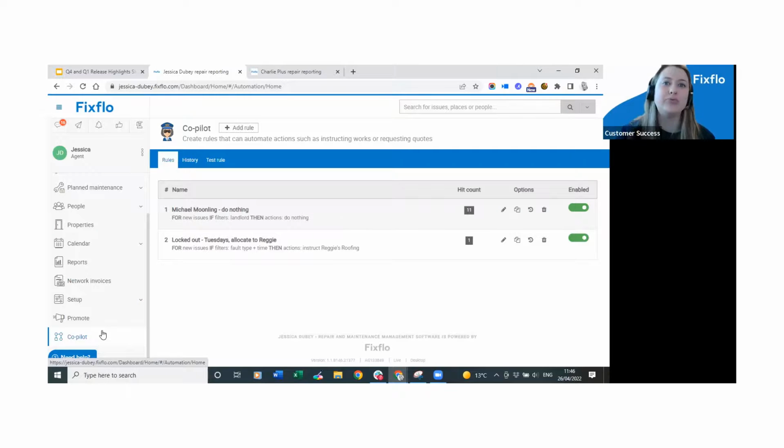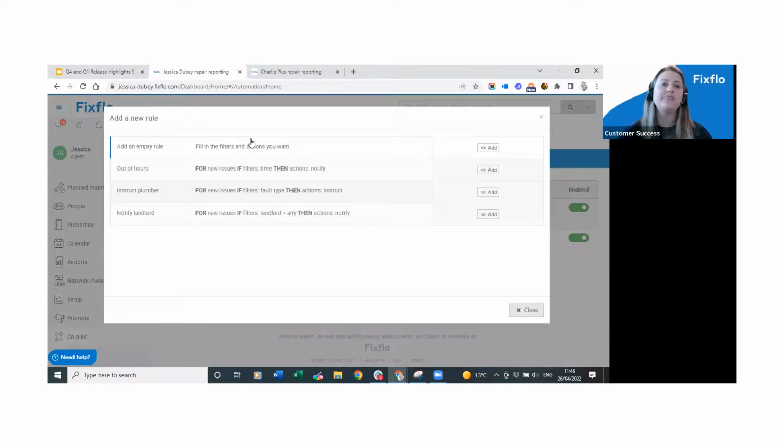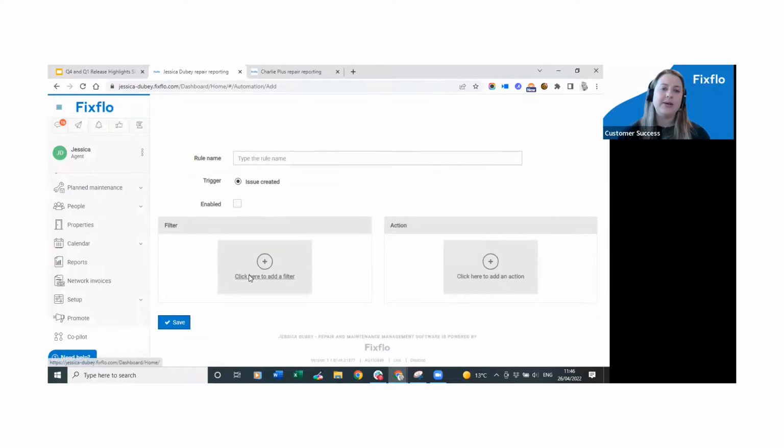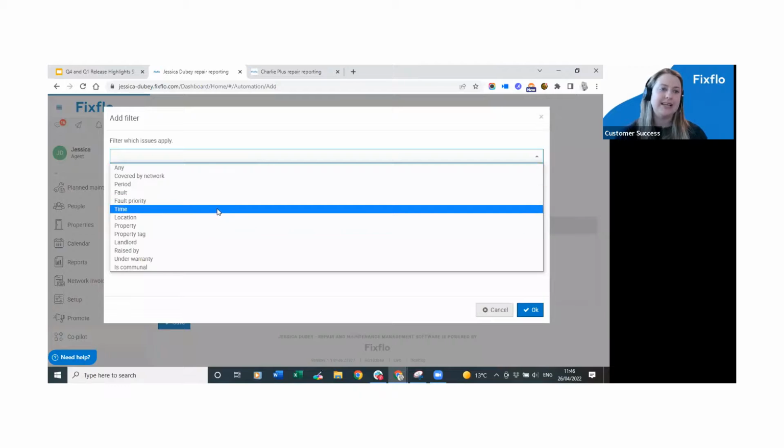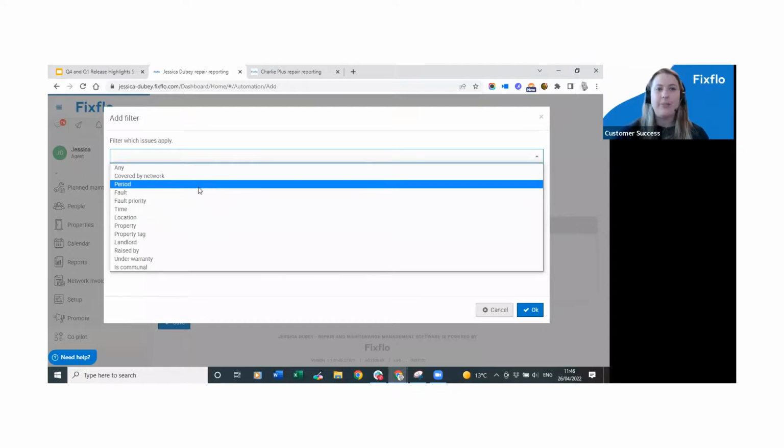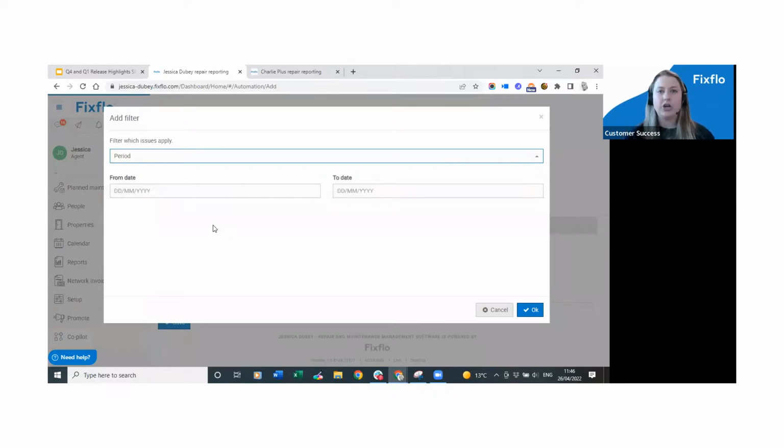This is a really brilliant feature, and for anyone that's looking to automate works, it can only be done at the reported status. Please do check out our help site for more information on Copilot. But just to let you know, when you add rules and you set filters up, one of the filter options is that you can set up a period. This is a non-recurring period of time, and it used to be slightly confusing